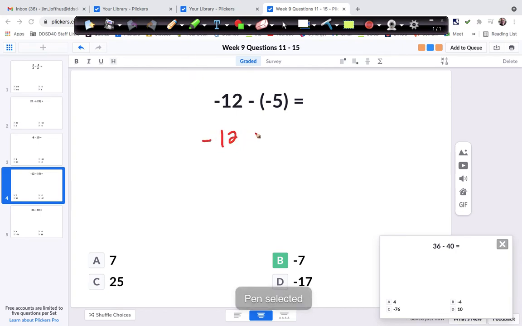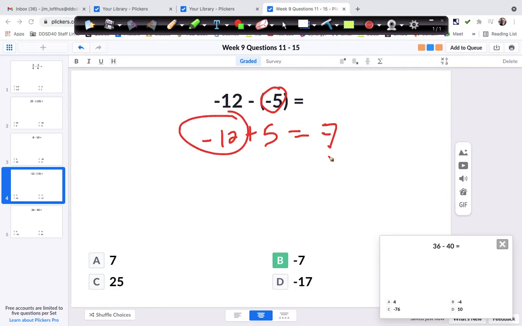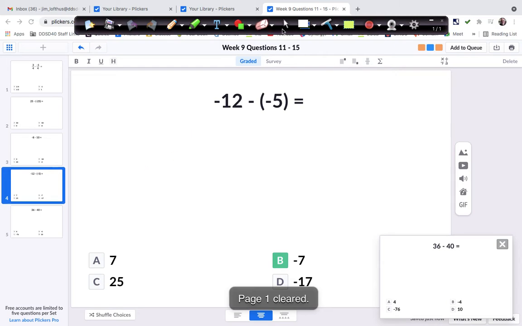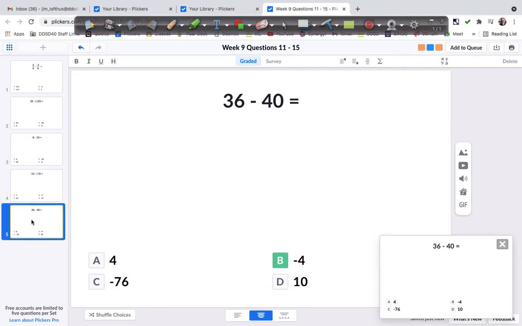Negative 12 plus the opposite of this is 5. These have different signs, so we're going to find the difference, which is 7. There's more negative, so it's negative 7. $36